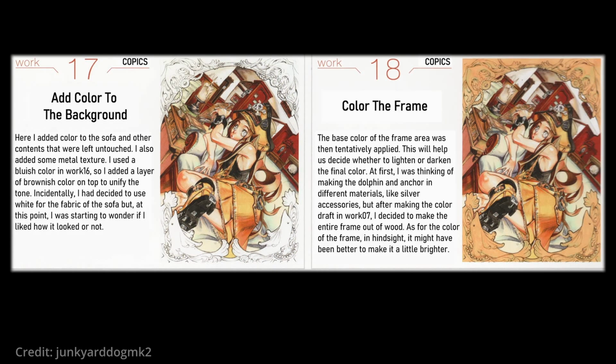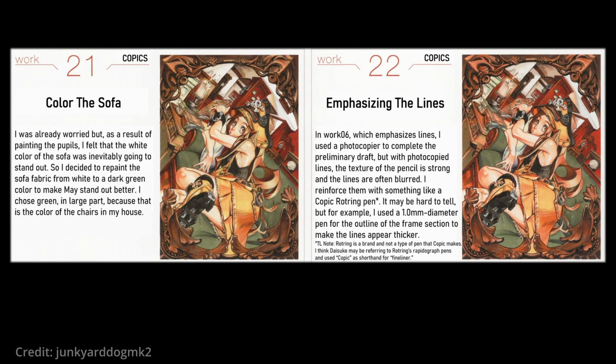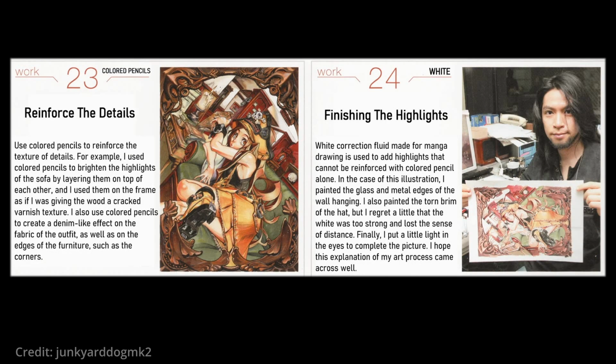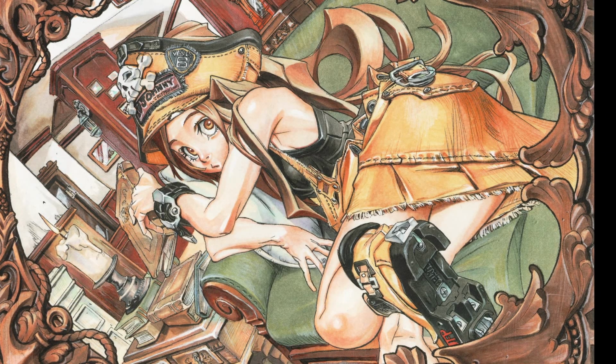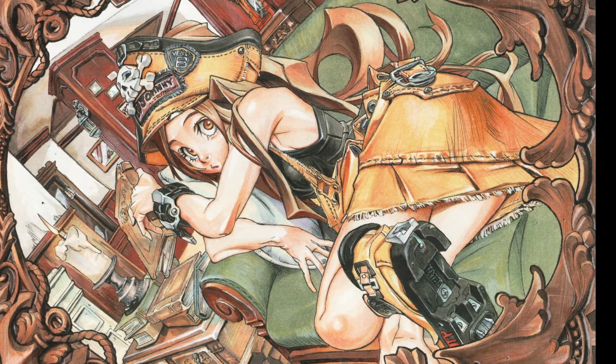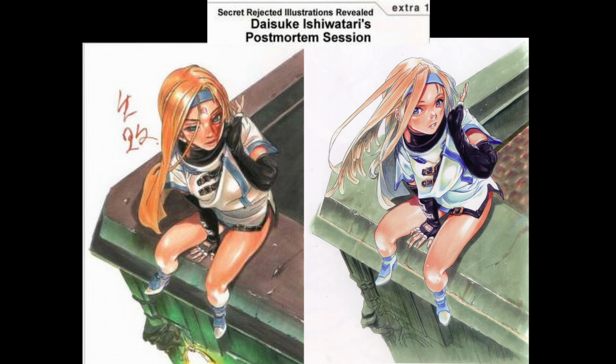This in-depth texturing also accounts for materials like metal, wood, and the fabric of the sofa in the background. Near the end, he does the eyes, emphasizing them to make them look alive. Also, he does a lot of detailing, emphasizing certain lines and shapes, highlighting the areas he wants the observer to notice. Nonetheless, he did mention that he used too much white in this image. To me, this shows how much effort and patience traditional art requires, and like Ishiwatari said, it's a process of